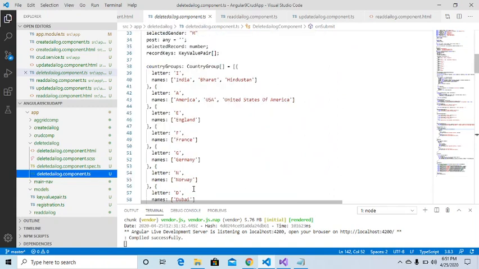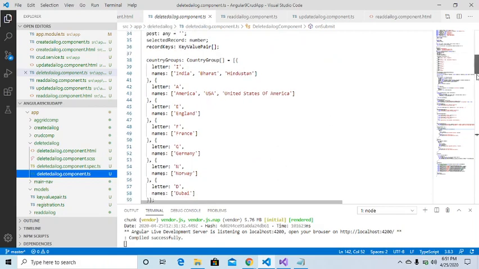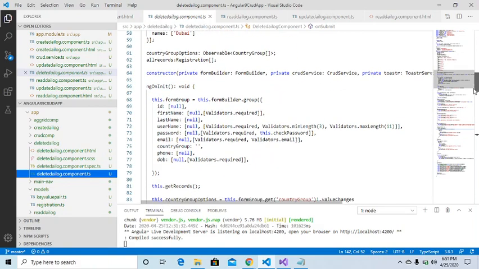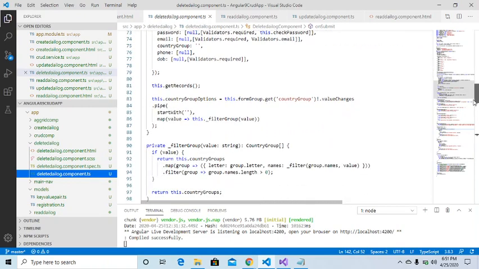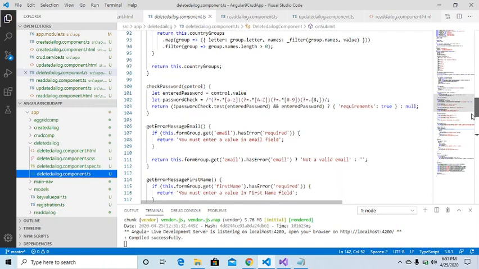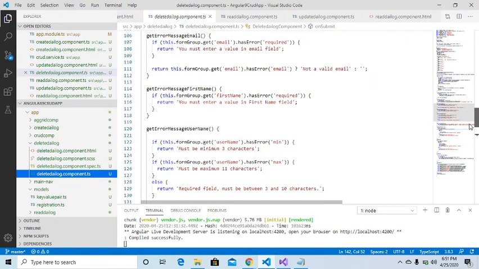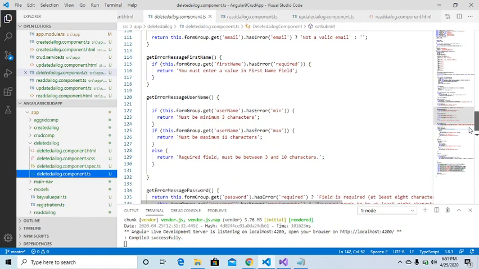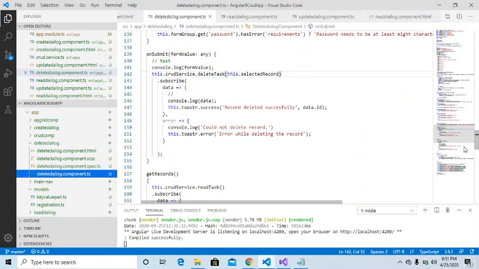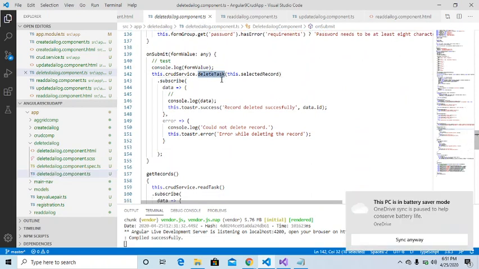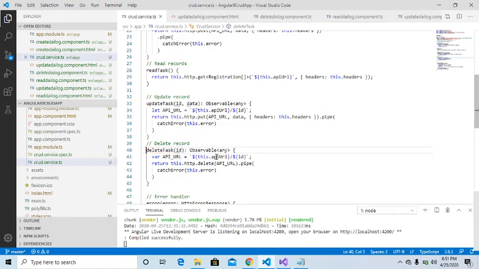All right, so it's hanging somehow, no problem. Okay, then yeah, here you go: service, here it is, form, then I'm getting the records. Then this validation is not required in delete because all of the controls are read only. All right, then submit, and we'll pass this delete record, and the delete task is firing up over here in this